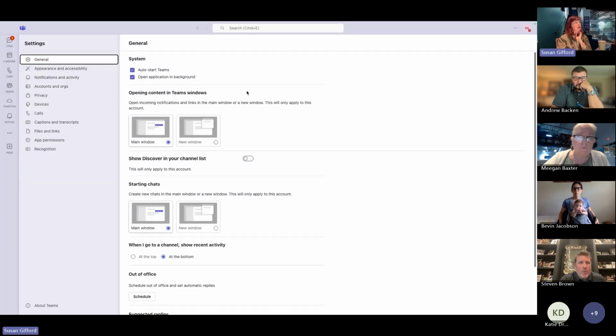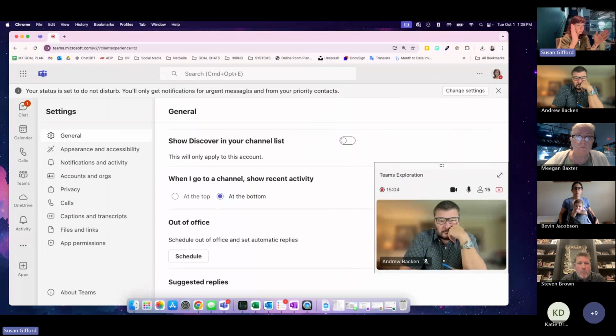One of the tough things about having both a browser and a program is that your settings do not carry over from one to the other. So it's in your best interest to pick one and stick with it. I've tried them both out. I still haven't decided which way I want to go yet. They do say the functionality in Teams is much better as a program, while accessing your email in the browser is